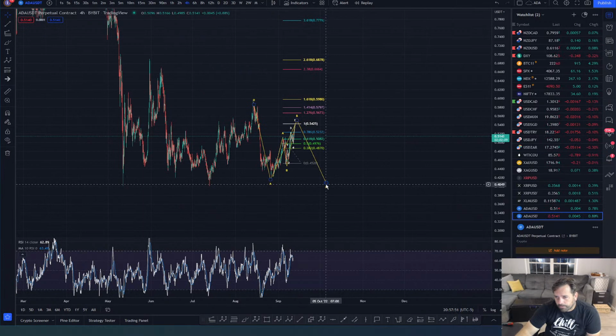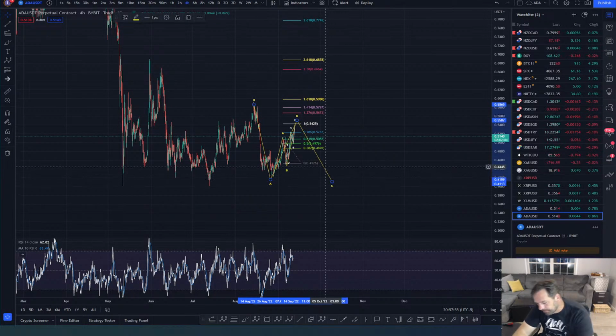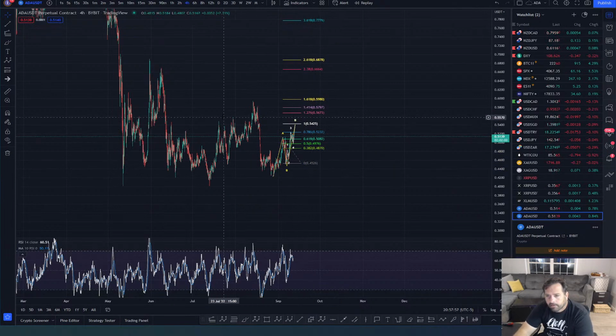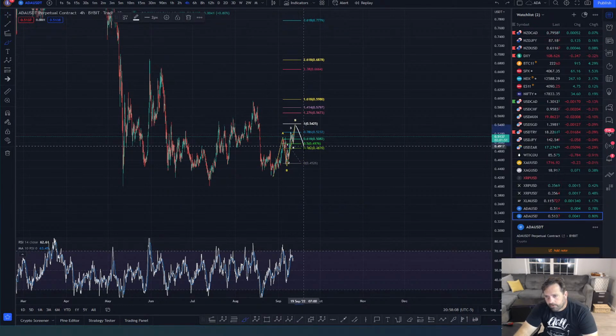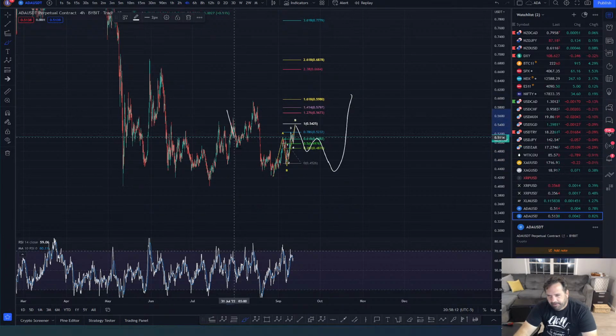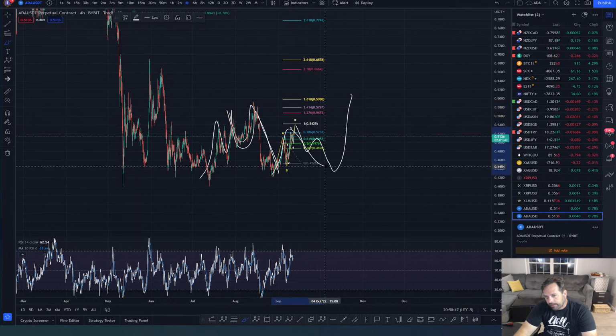So let's see, what else could this be? Hold on a second. This could simply just go down for 3 waves. Sorry, let's try this again. This could go down for 3, retest the bottom and then go up for 5, and this could be a flat in the middle. So I got 3, I got 3, and then I get another 3 like that. It's a possibility as well.